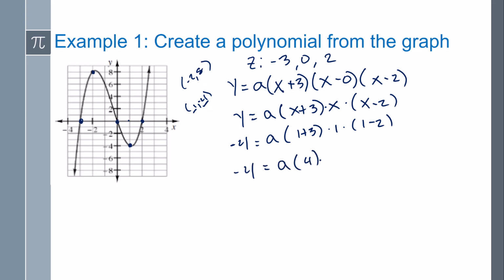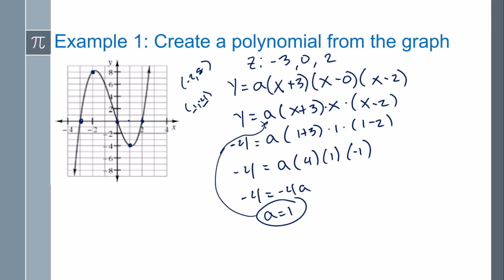So times 4 times 1 times -1. So -4 equals 4 times -1, so -4a. Divide both sides, a equals 1. So now that I know a equals 1, we look at our polynomial before we plugged in a, and I plug in 1 for it. So my answer is y equals, and I'm just going to switch the x. So 1 times x, which is just x,